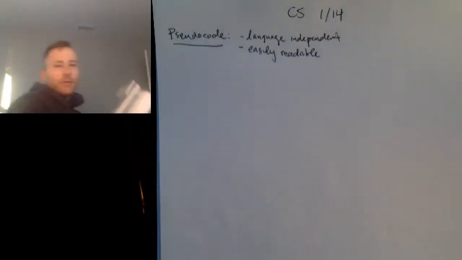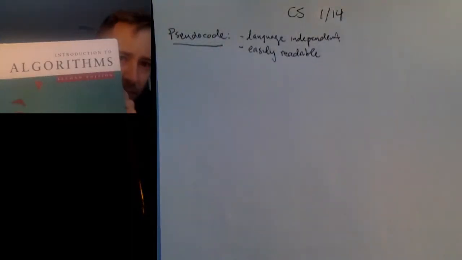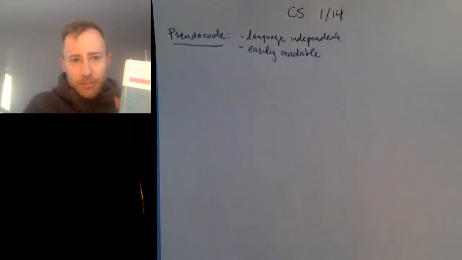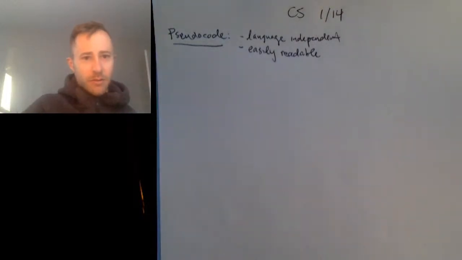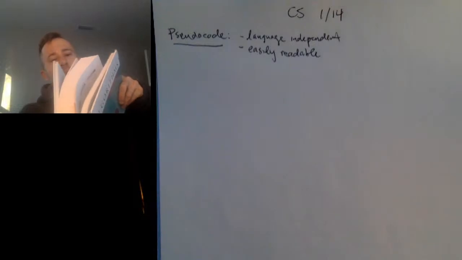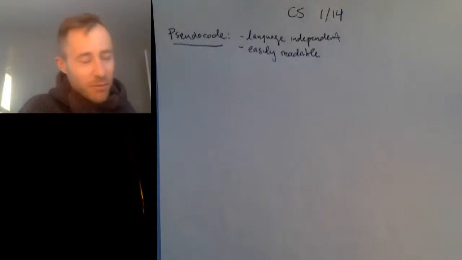This is a textbook that I have on algorithms. This is a very famous textbook in computer science. I haven't read the entire book yet, because it's obviously over 1,000 pages, and I like to spend most of my time reading about physics. But